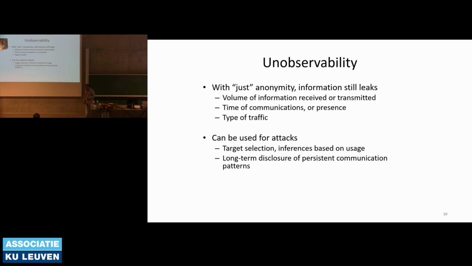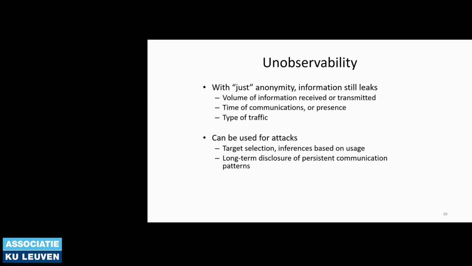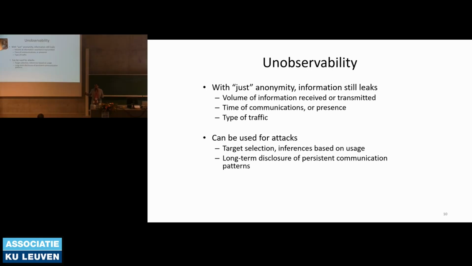But still, if you can observe that information, you can make inferences based on that. For example, many people consider that hidden services like Silk Road were tracked down not just based on breaking anonymity, but also based on things like which location in this general area has the electricity use equivalent to running this service, or what kind of electricity uses are there. If you observe this kind of information for the long term, you can infer a lot of information, and that's why it's important, but in real life it's difficult to achieve.